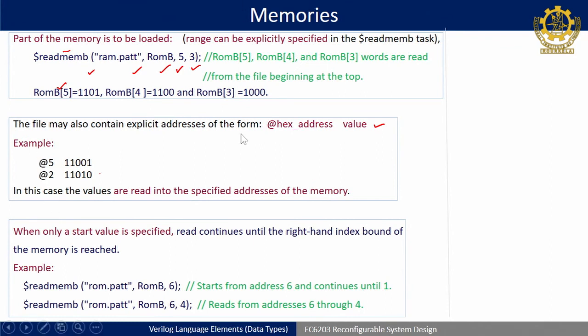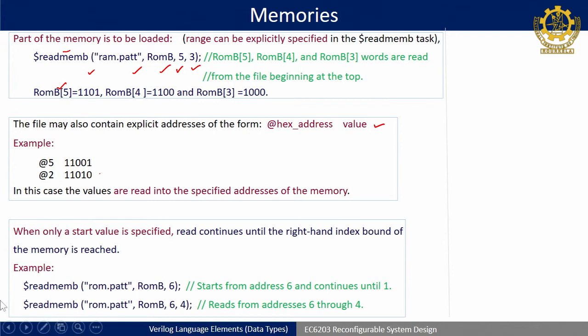Okay. And the last one in this context is if you are writing like 6 and 4, this is equivalent to this one. It will read from address 6 through to 4. That means the data will be stored at memory location first into 6, then last up to 4. This is almost similar to this context. So, the first binary value will be stored in 6, and the corresponding next values will be stored respectively in 5 and 4. Okay. So, there are 2 methods of assigning values to the memories.